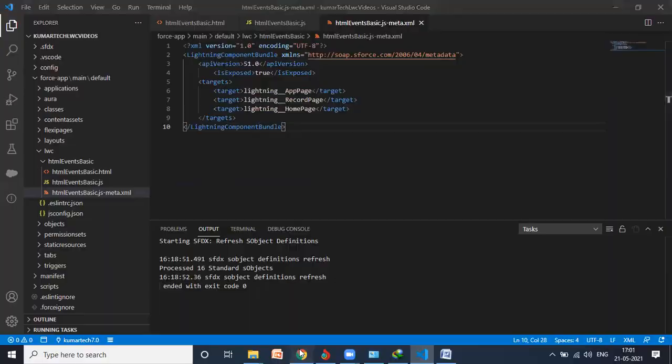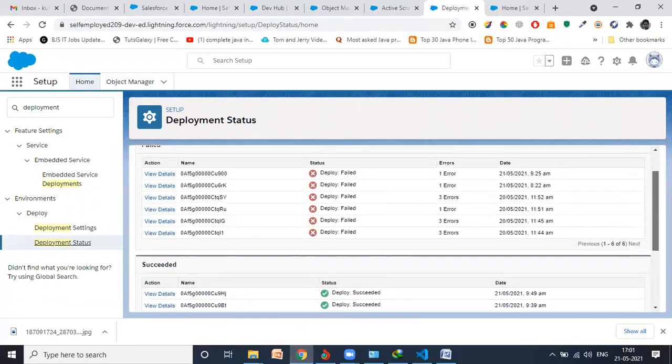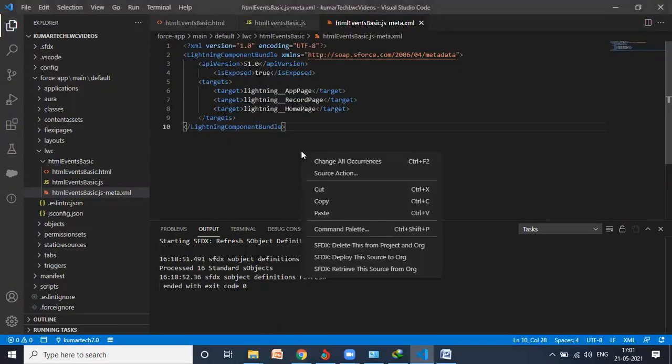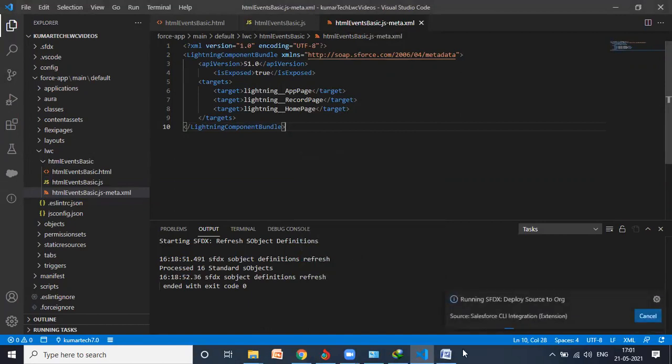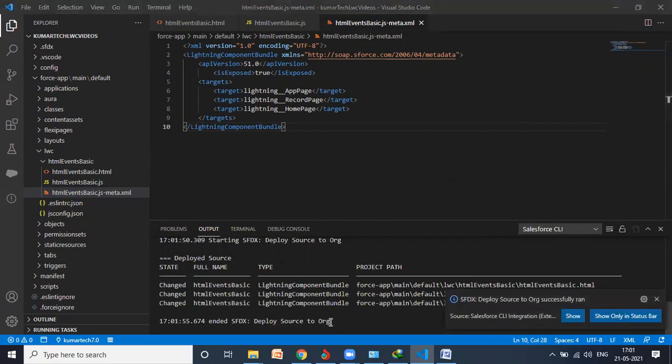So I will go here. Okay, this is the deployment setting. Minimize, right click, Deploy to Source Org. So deployment done.